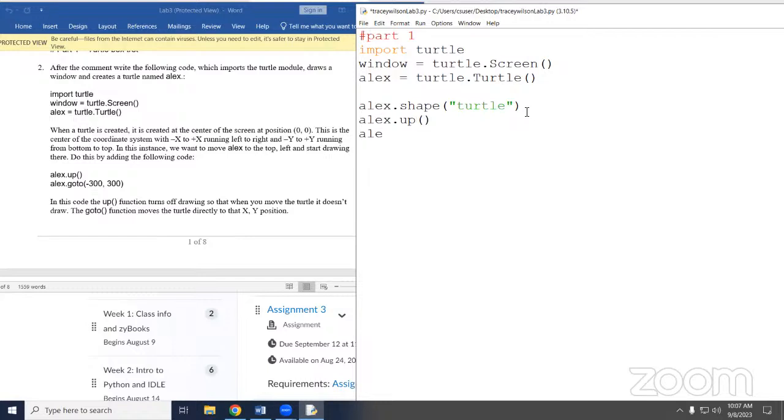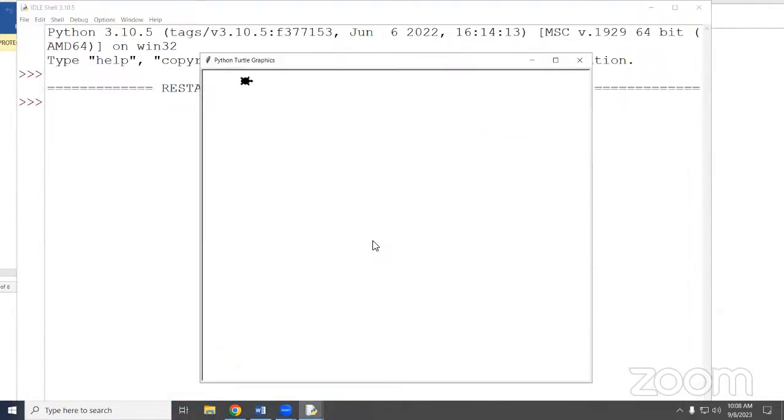And then I'm going to tell him to go somewhere. Why am I telling him to go to 300, negative 300, 300? That's the coordinates for the left corner. So he moved up here, right?